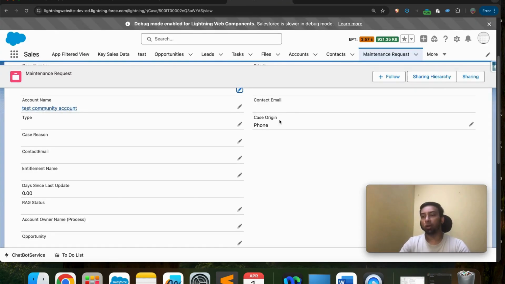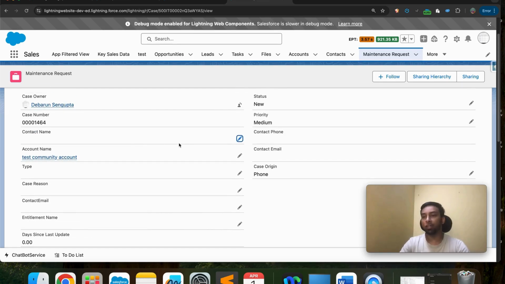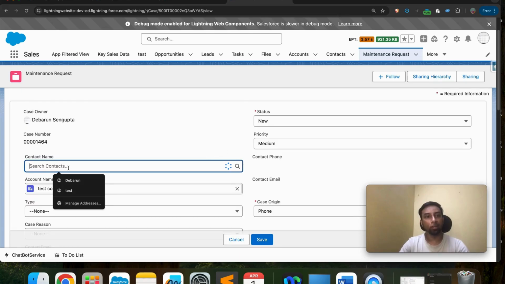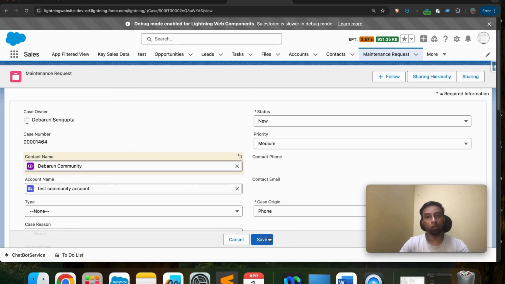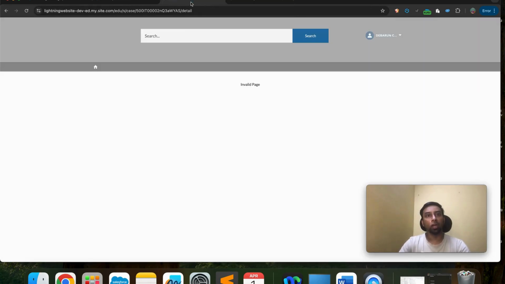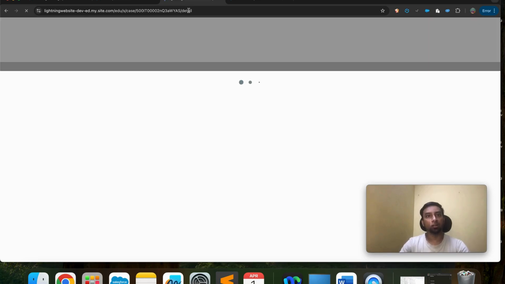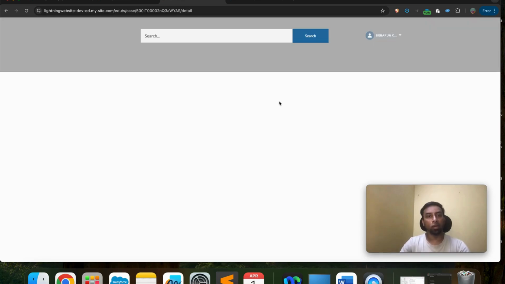Now what the case contact implicit share tells is, if any portal user is added as a contact to a particular case, then automatically that contact or that portal user gets implicit access to that particular case. So let's see it in action. Let me change this case's contact to this particular logged in user, and if I now refresh this screen,